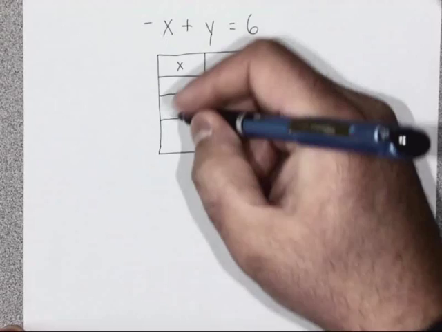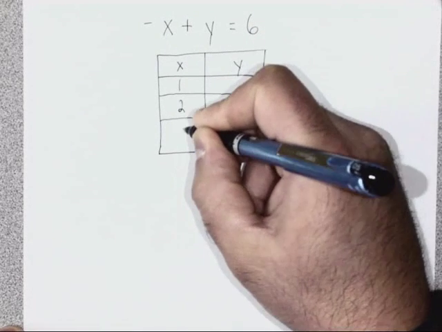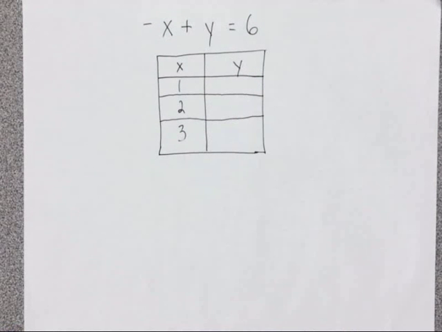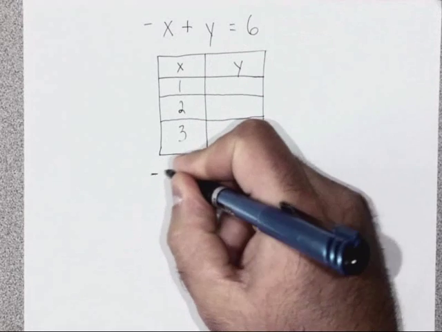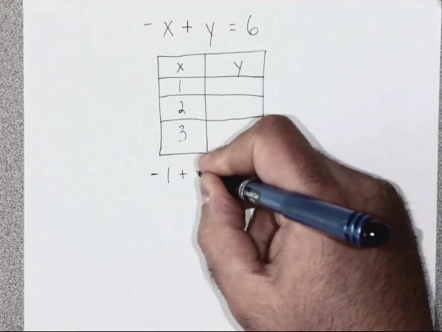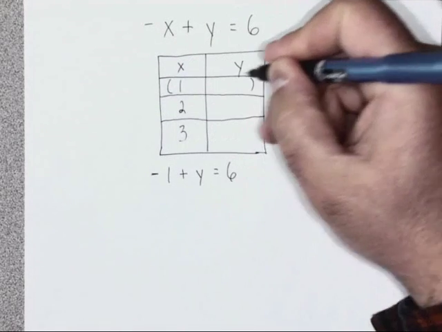I'm just going to actually go with 1, 2, and 3. I kind of picked those arbitrarily, but I picked those because they're small numbers, so they're easy to work with, and they're whole numbers. That way I don't have to deal with fractions. And of course they're positive, so that when I plug these values into my equation and solve for y, which would give me the corresponding y coordinate that matches for this ordered pair,